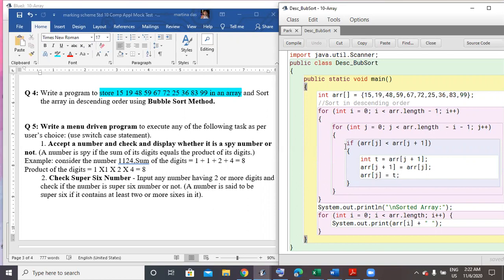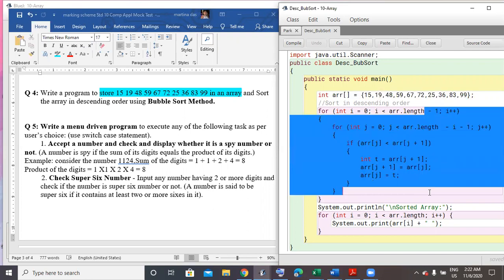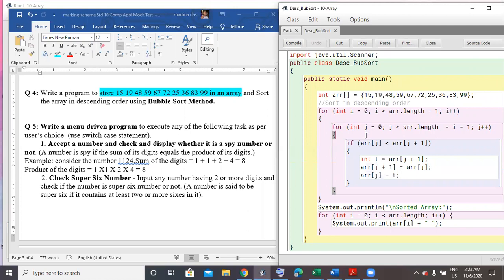You need not worry about inputting values over here, because if you write the statement, it's enough. You only need to store the values in the array, and then work on the sorting and display. That is what the question asks for. So if you write this much, you get the marks, and as usual for the variable description, you need to specify AR, which stands for an integer array to store 10 values. I is for the outer loop, J is for the inner loop, T is a temporary variable. So you need to write the variable description, and a sample output if you can, though not required.